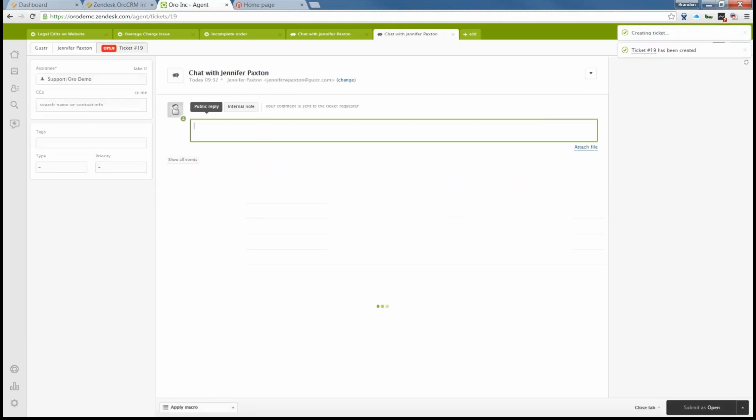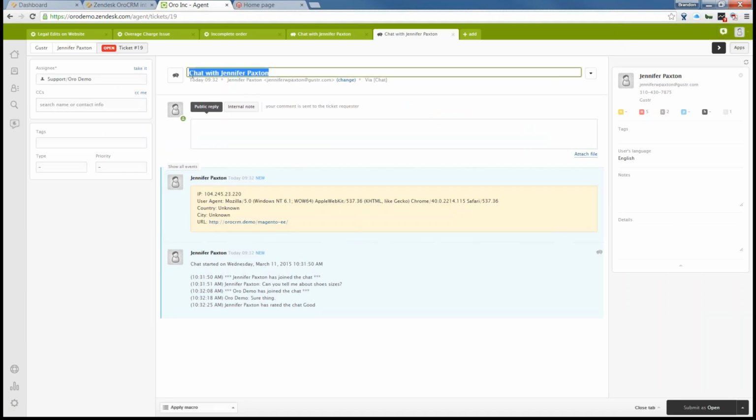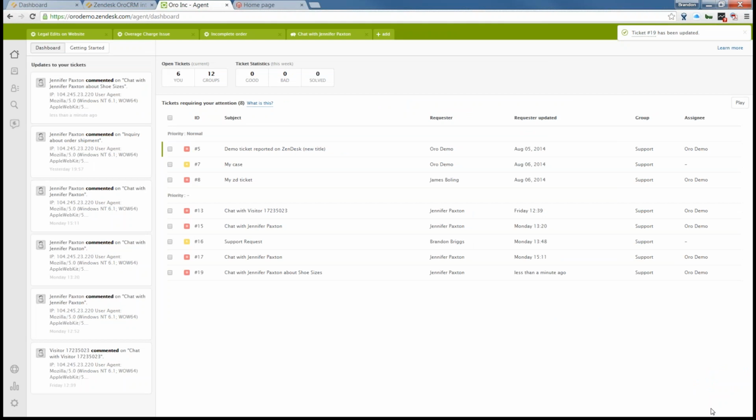Upon ending that chat, we actually form a ticket within Zendesk here. You can see the entire chat history is all labeled here. Maybe we give it a different title, chat with Jennifer Paxton about shoe sizes. Now, in our case, maybe there wasn't any specific follow-up needed, and we could mark this as a solved ticket, or we leave it open if there were further things that needed to